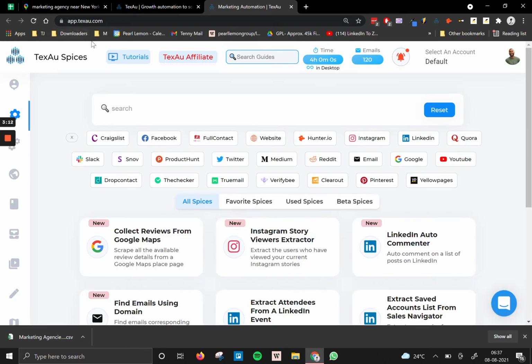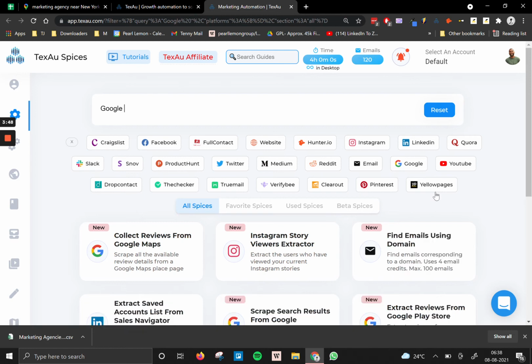So TechZao is something like an extractor and an automator tool, which makes everything easy to scrape and automate. They have two things. One is called spices, another is called recipe. A spice is like an individual function where it will help you automate or scrape data, and a recipe is an accumulation, or a workflow, of spices, which is more advanced. For most of the use cases we should be good with spices. Google Maps,